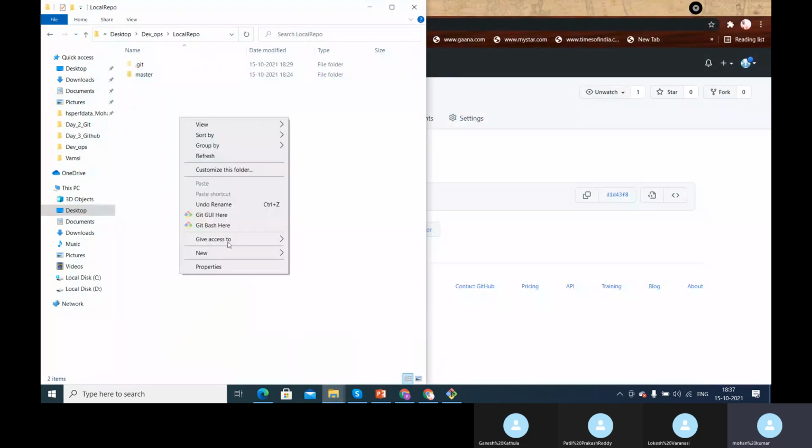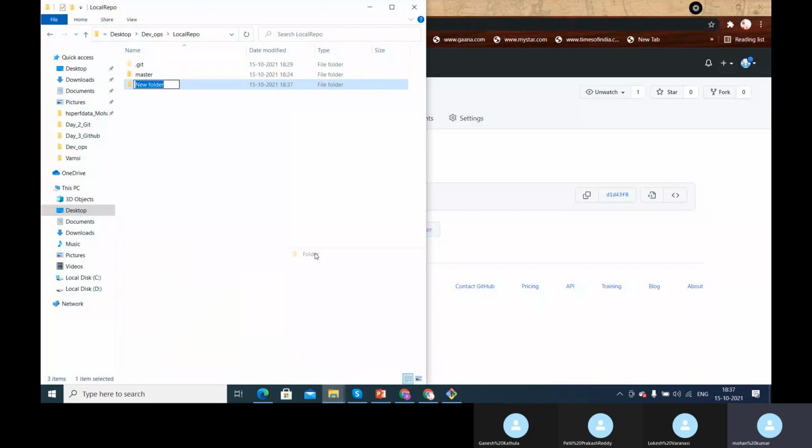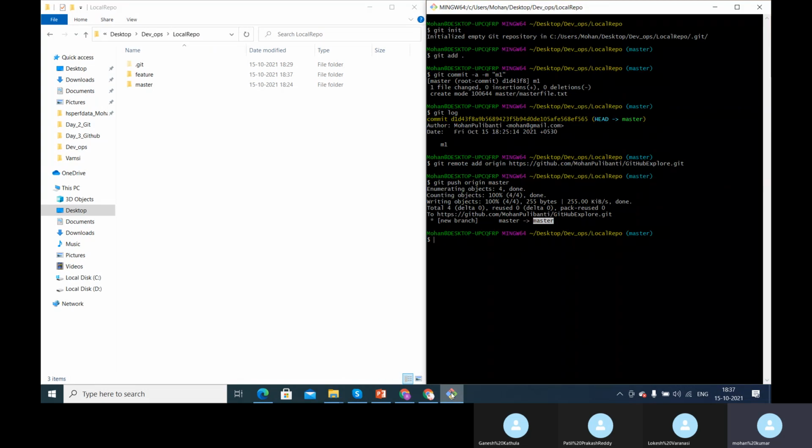Now I am creating a new folder, which is feature. We pushed one branch, the master branch, to the remote repository. Now we will try to create a feature branch, push that feature branch to the remote repository, and let's see how this basically happens.